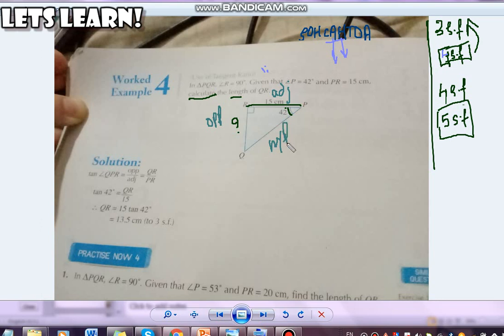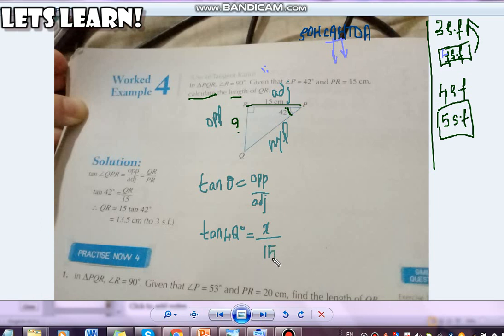You have to focus on the three things, that's acute angle, the side given to me, and the side I need to find out, and I'll be ignoring the other things here. Similarly, you'll be using the ratio, that is tan theta. Tan theta is equal to opposite upon adjacent. So the theta here, the acute angle, is basically 42 degrees. Then tan 42 degrees, my opposite side is basically, I don't know it. I can either write QR, or I can label it with an unknown variable, that is X or Y or any other variable you like, divided by the adjacent, that is 15 centimeter.